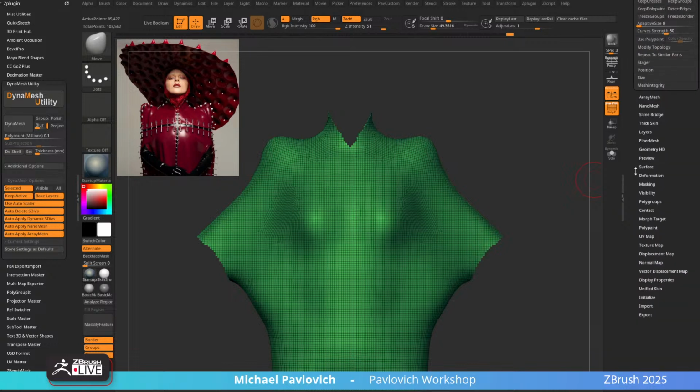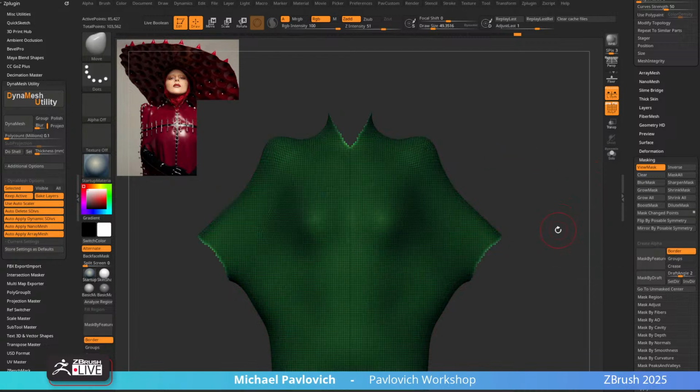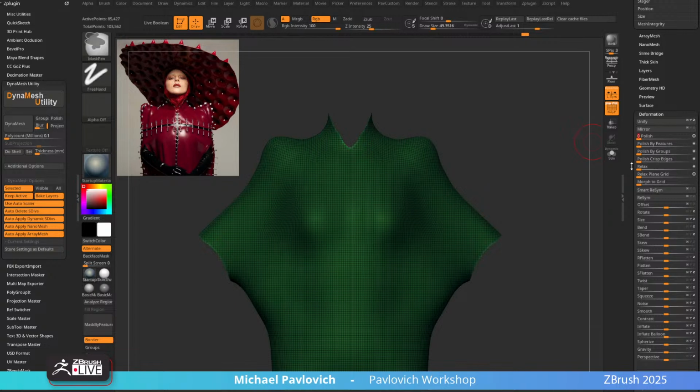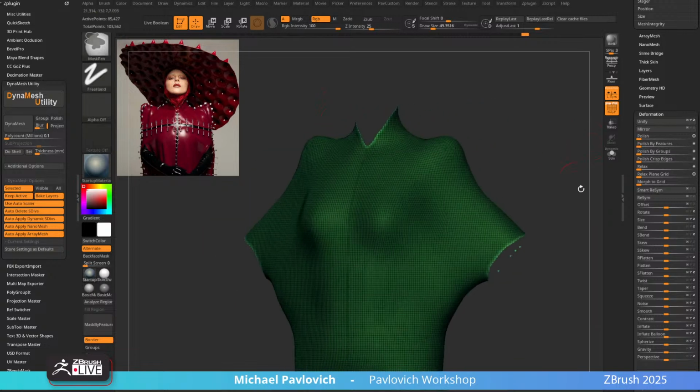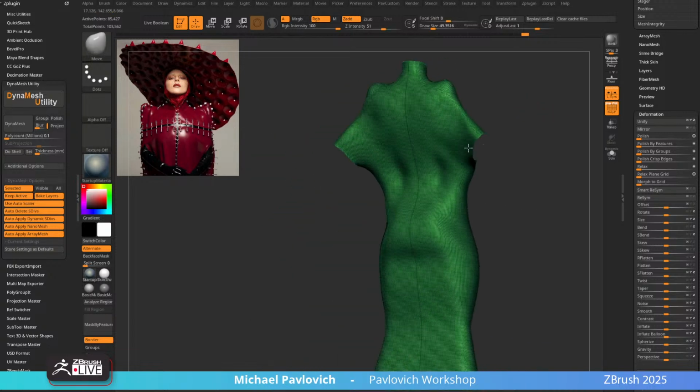And then we're going to go down here to, if you really wanted to protect these volumes, you can go in here to masking and then just say mask, turn these other two off, mask by border, Control tap to invert that, or just hit this invert button, and then go in here with a deformation, and then do like a polish by feature or a polish. I like polish by feature. That'll smooth those out. So now when we ZRemesh, it's going to build in a nice smooth transition there